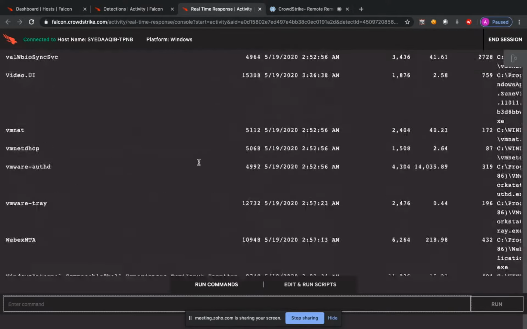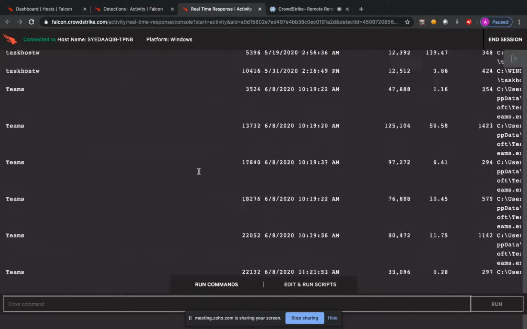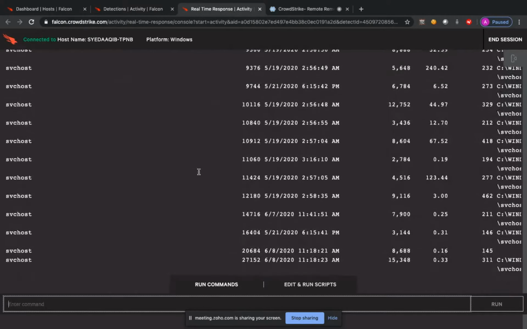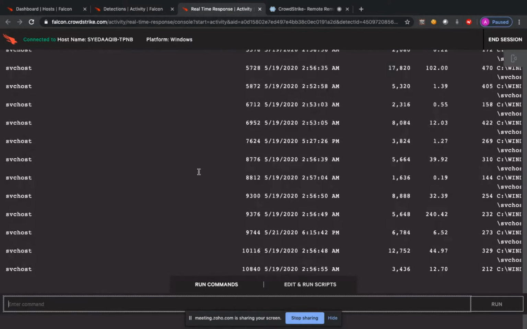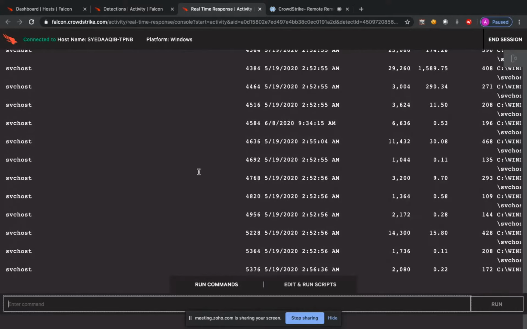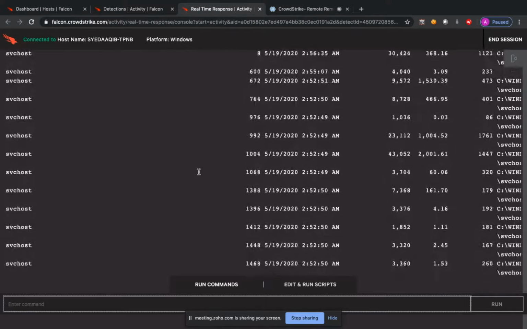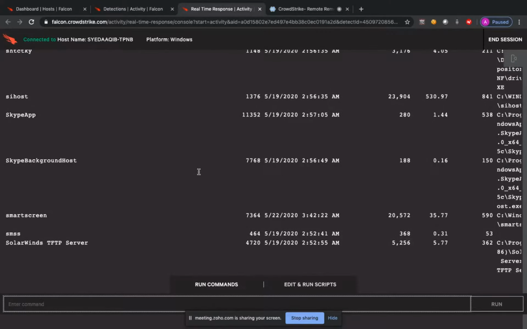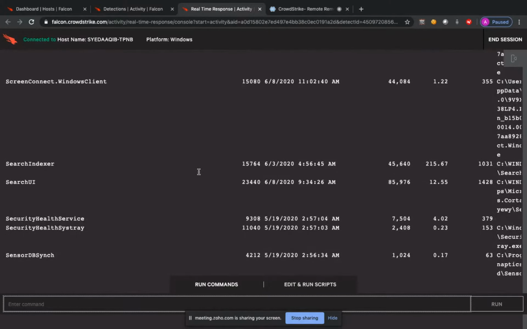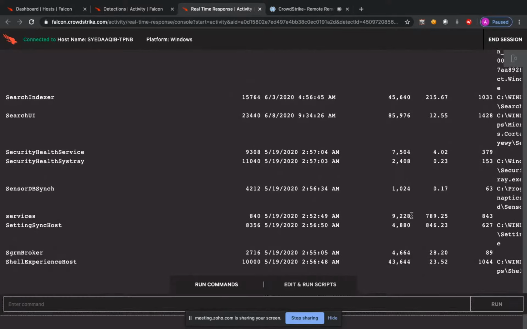and it would list out all the processes which are running in the background, right? So you can see there is a process ID associated with it, and let's say that you find that at the time of attack, there was this encryption routine which was running a lot. So what you could do is kill that process remotely, and then you can slowly start to revert it, right? For example, let's say services, and then there's this process ID which we can see. So all you have to do is just kill it remotely.